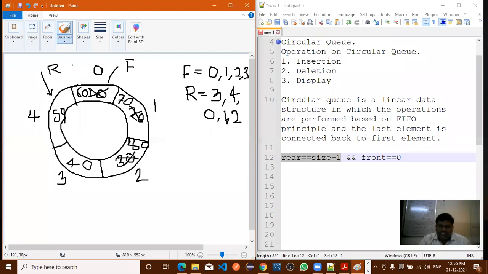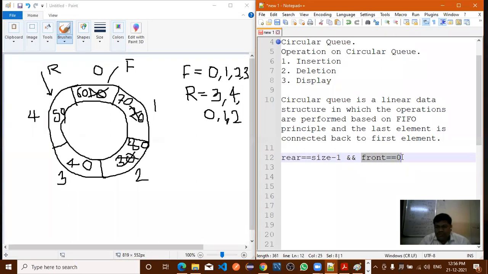So how to check this condition? Rear is equal to size minus 1, and one more condition we need to check here, front equal to 0. So this is one condition to check whether the circular queue is full or not.